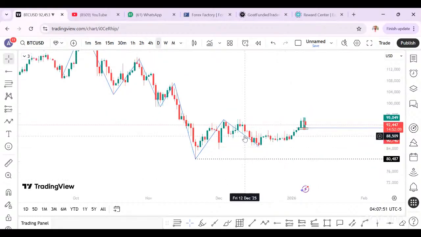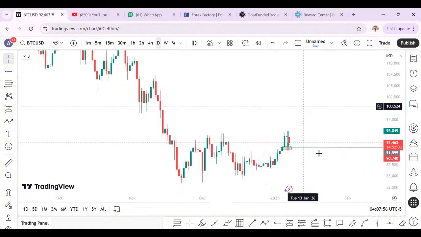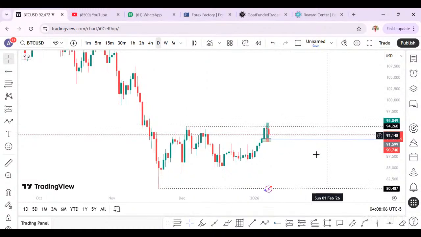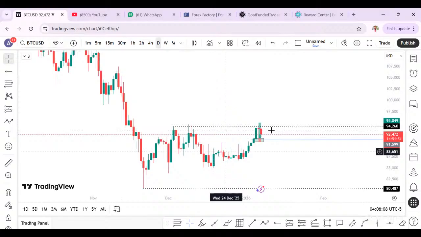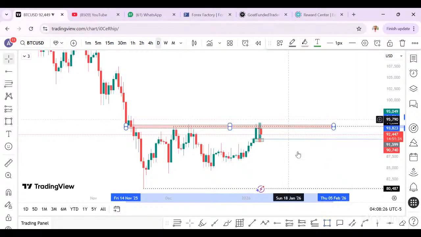Now, do we have a good change of character on daily? Not yet. This high, this is the high. We do not have a successful daily candle close that would give us a change of character, where we would use what we call a mitigation block. So there's no change of character. This is the last thing I've said: as long as BTC is still here, the price is still bearish.